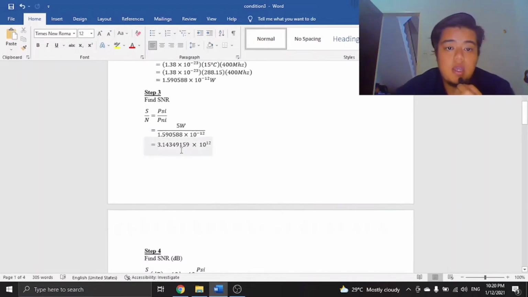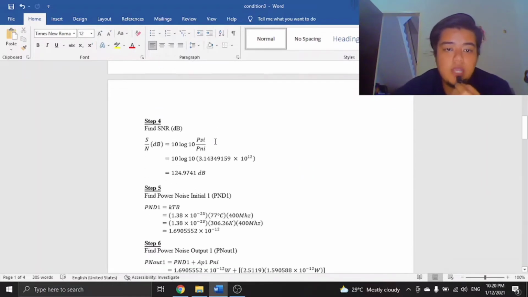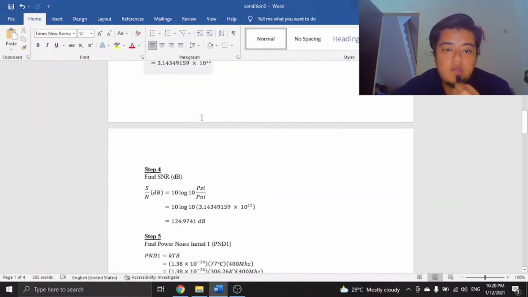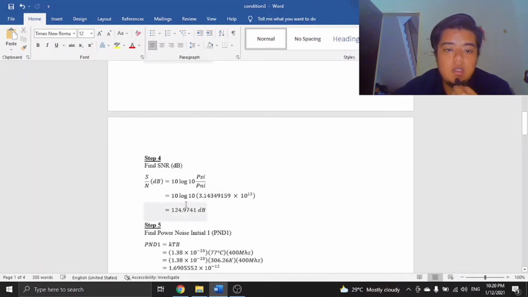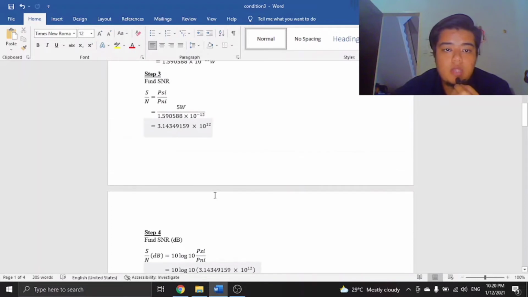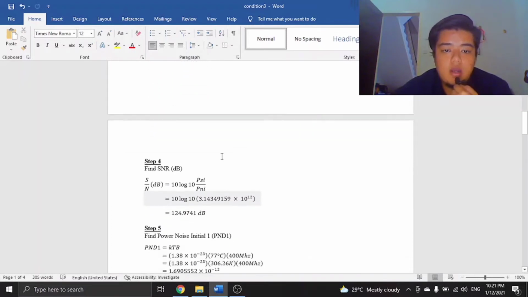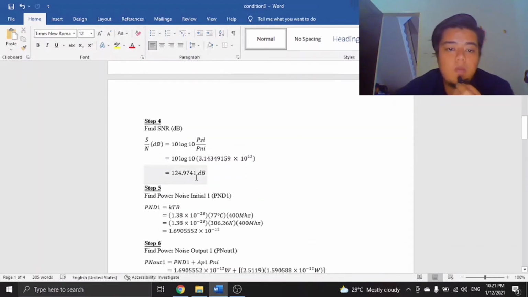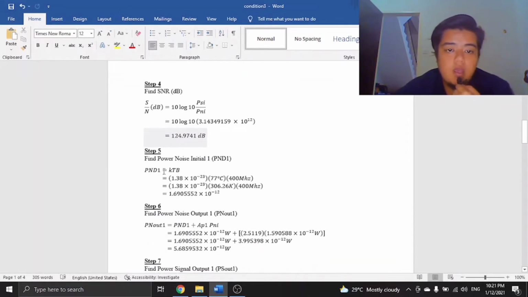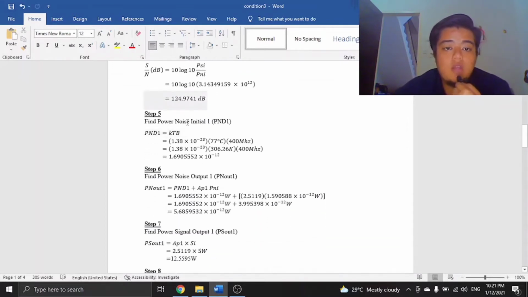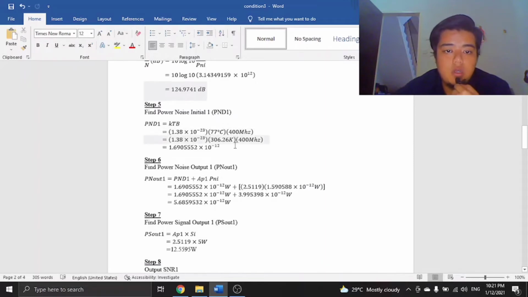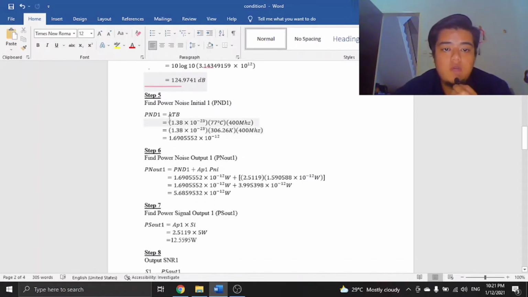Then we get the SNR is 3.1434959 exponential 12. Then we convert the answer of SNR to dB, which is using 10 log 10 times the SNR. Then we get the answer of 124.9741 dB. And then we move to step 5, where we need to find the power noise initial. So using the same formula, which is K times temperature times bandwidth, then we get the answer, which is